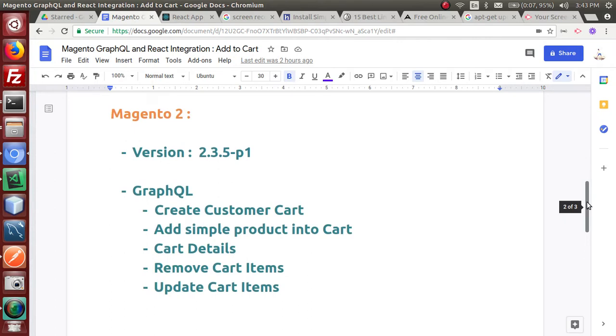Regarding Magento, I am using version 2.3.5-p1, and we are going to use five out-of-the-box Magento GraphQL functionalities. One is create customer cart, add simple product into the cart, cart details to retrieve the cart items, remove cart items, and update cart items.